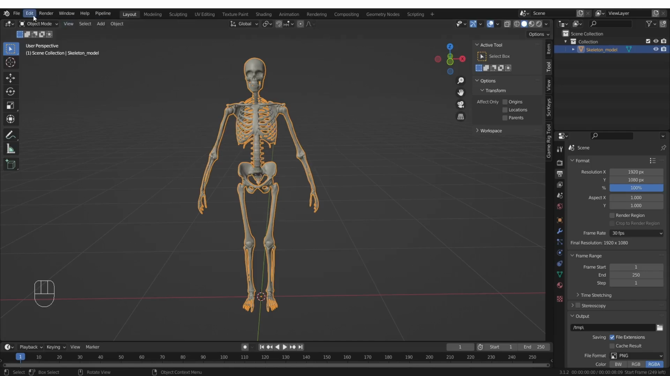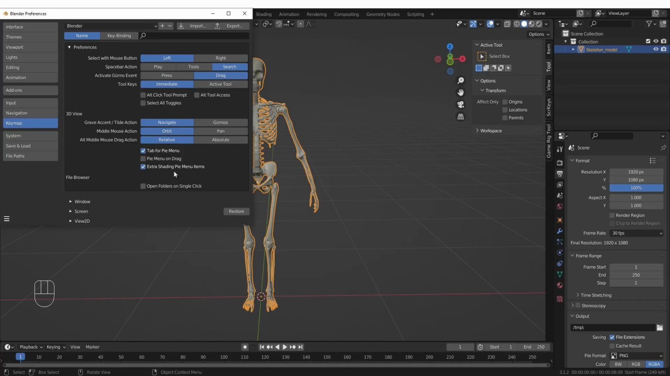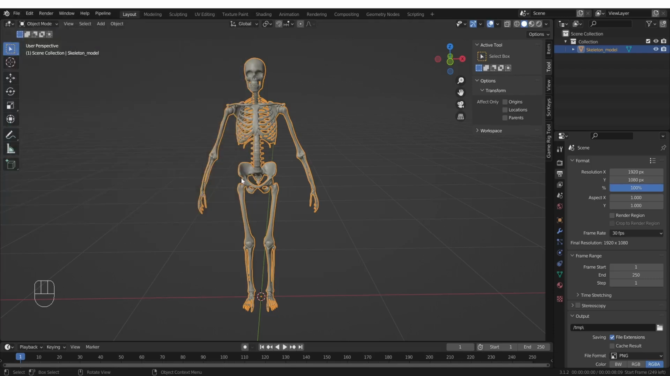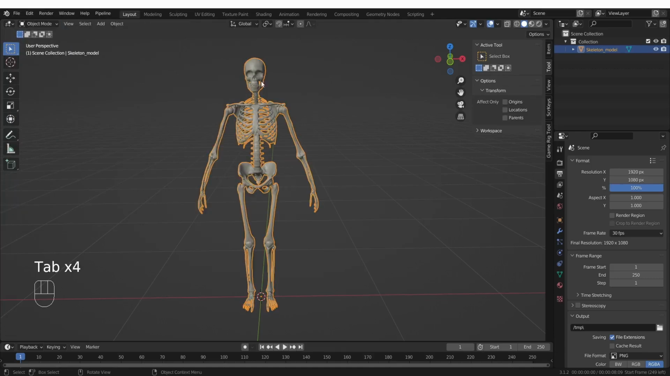So to enable these, you can go to Edit, Preferences, Key Map, and as long as you have the standard key map enabled, you can enable Tab for pie menu and extra shading pie menu items. So it doesn't matter if you enable them or not, but working with these pie menus can be quite fast. So for example, I can instantaneously go between edit mode and object mode, and I'll always try to let you